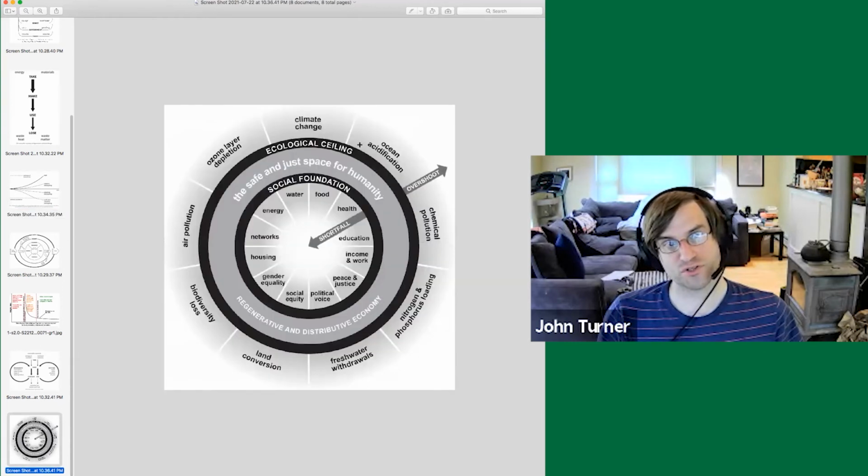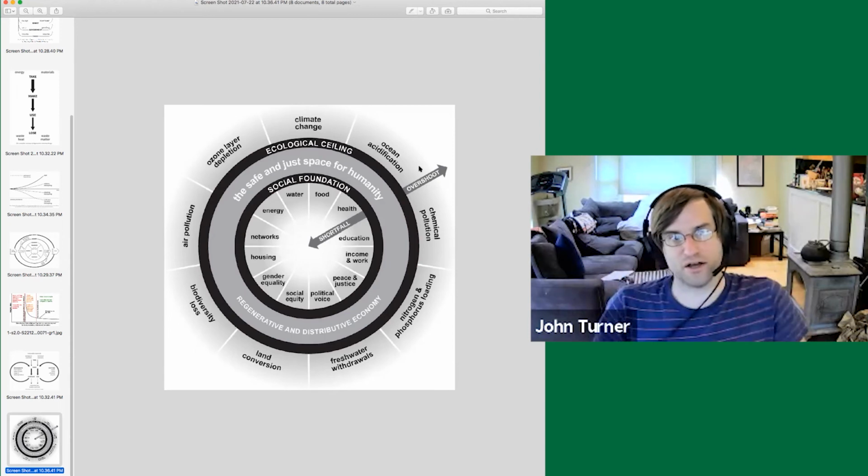The critical thresholds are this notion of planetary boundaries, that is climate, ozone, access to clean air, biodiversity, whether or not we have converted so much land away from forests, for example, that we reach a critical tipping point on a number of different land conservation issues, fresh water, nitrogen and phosphorus, the overall load that is found for nitrogen and phosphorus in our uses, and then chemical pollution and ocean acidification, right?